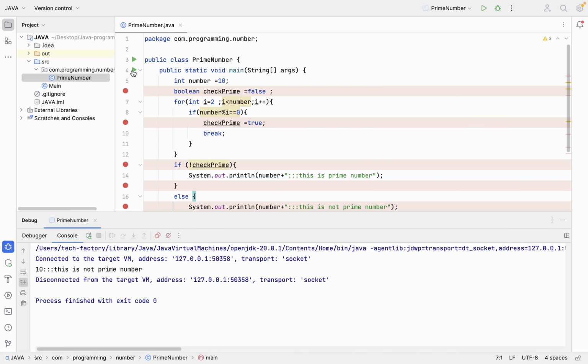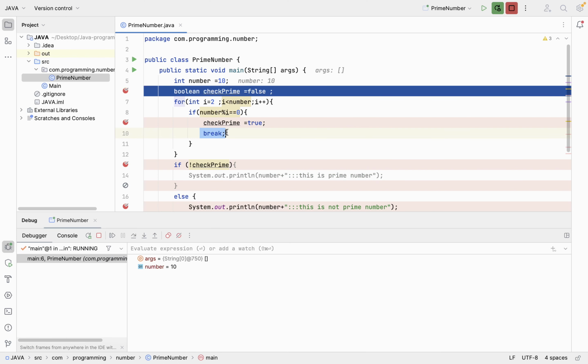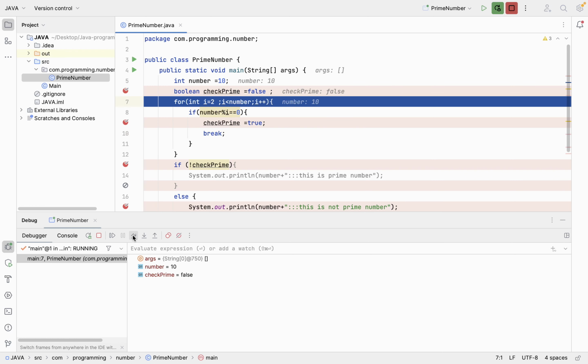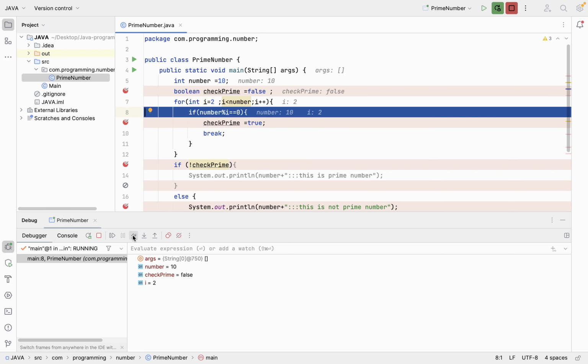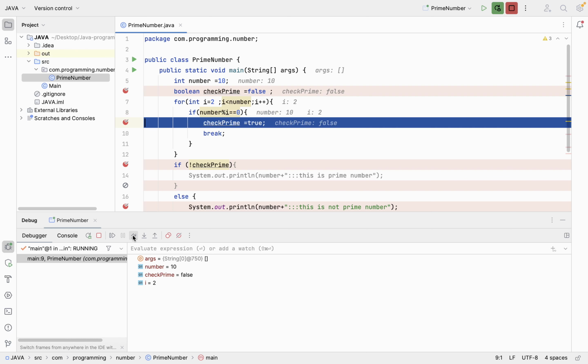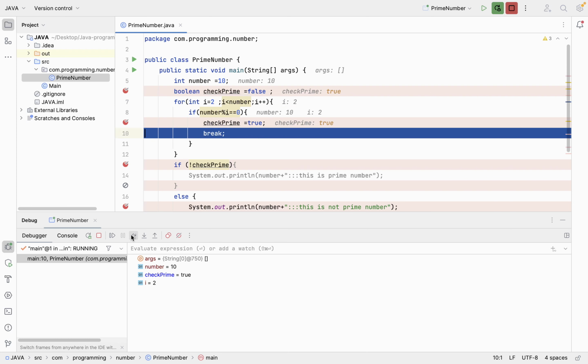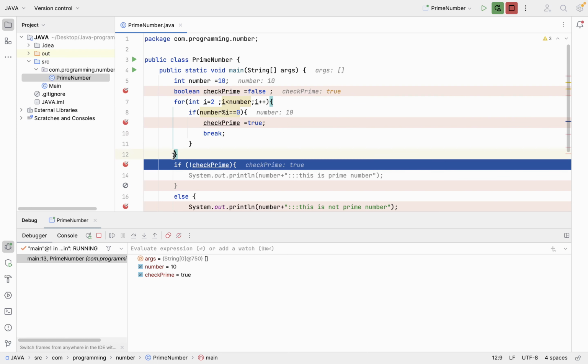Now let's jump, and I will restart my program. Here again I will debug, and I will show you how the break will work, right? We have put break here so that we can make our condition stricter and the program less time consuming. So again we are going to jump, and if a number is divided by 2, of course it has been divided, and from here only we will say do not iterate anymore. So break will come out of the for loop here. Now let's jump. You will see that break has come out of the for loop. Here you can see it was a for loop and it has come out of the loop.